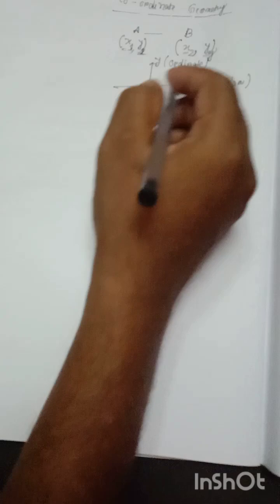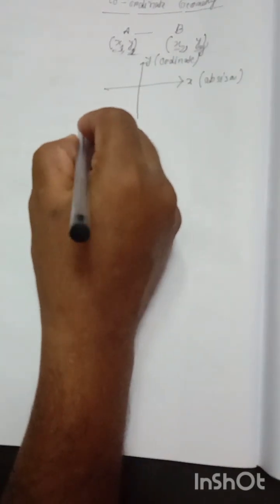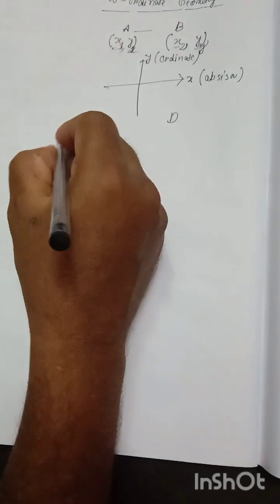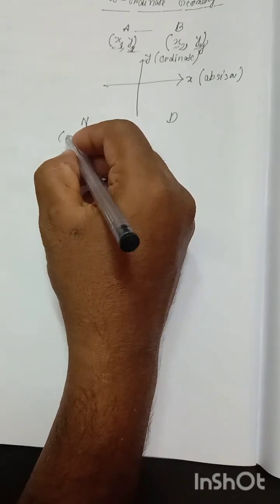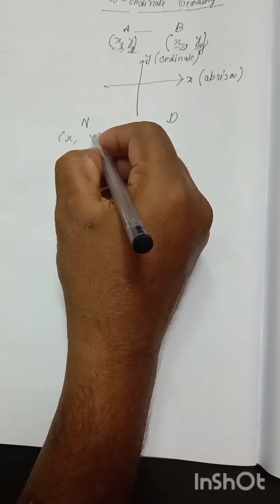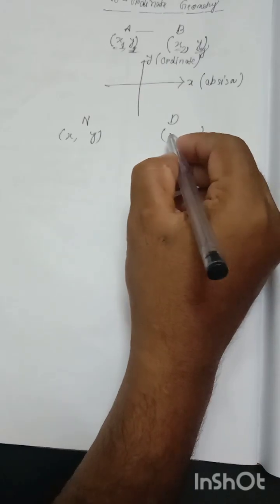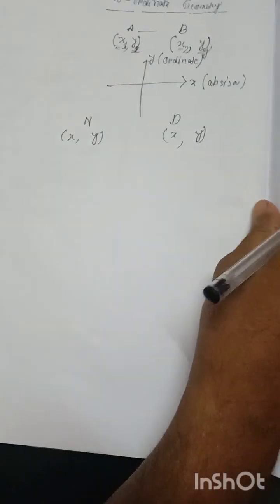What I mean is, assume that somebody has a home at Nagaon and somebody has a home at Dibrugarh. If I assume Nagaon as a point, then Nagaon has one abscissa and one ordinate, and Dibrugarh also has one abscissa x and one ordinate. So in graphs,